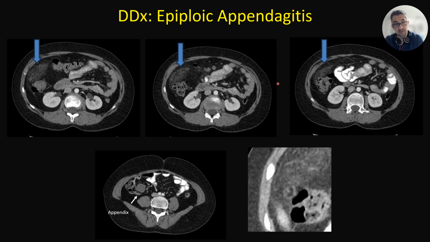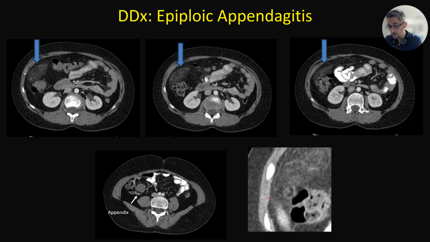Another differential is epiploic appendagitis. This is a common pathology in adults, but in children it's so rare, so we should be familiar with that. It is inflammation or infarction of the appendages of the colon. The location is typically the ascending colon, the anterior aspect, but it can be on the other sides of the colon as well. And there is fat stranding anterior to the colon, anterior to the ascending colon. The appendix is normal, as expected, and